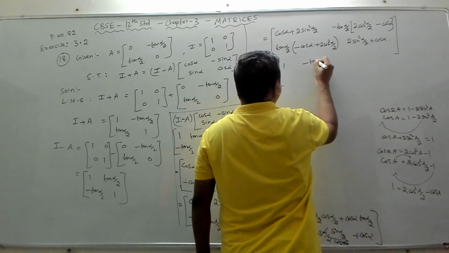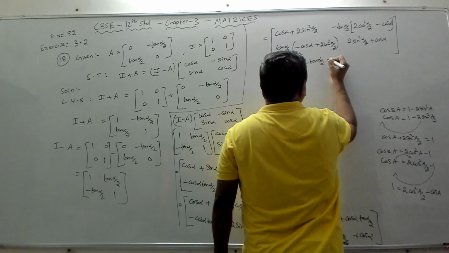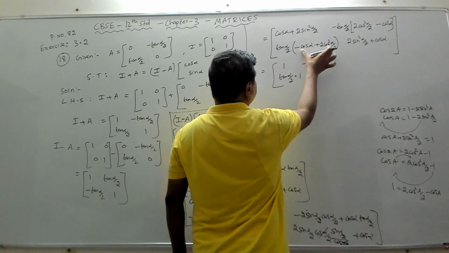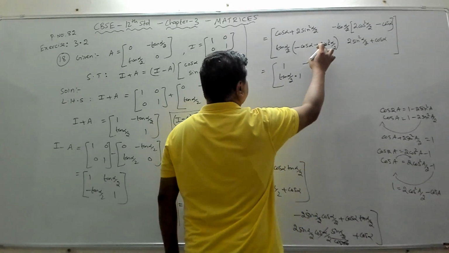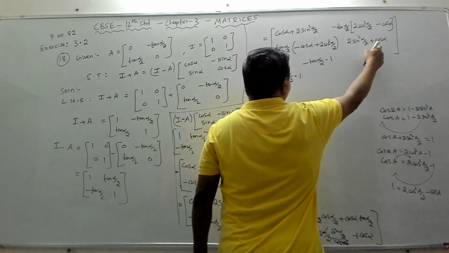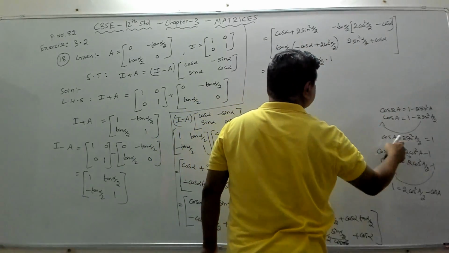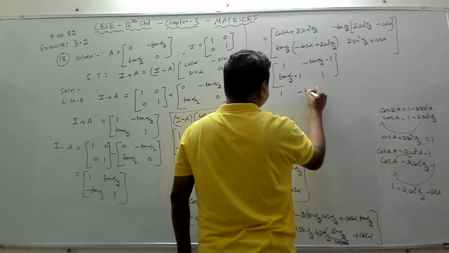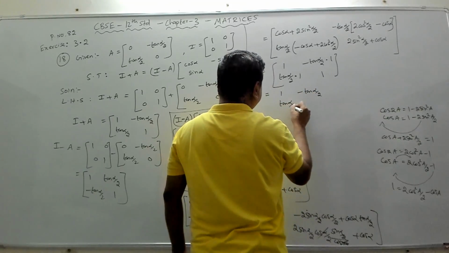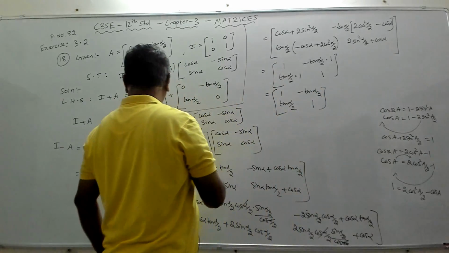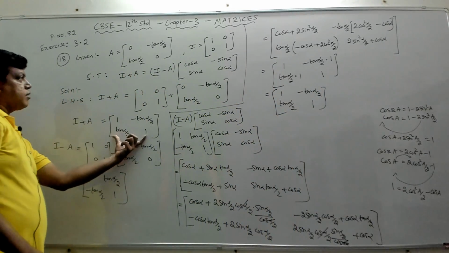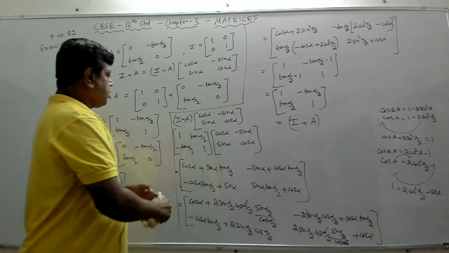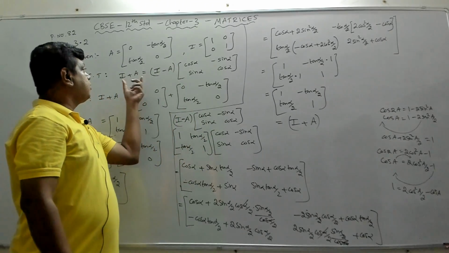So we'll get minus tan alpha by 2 into 1 into 1. Similarly here, tan alpha by 2 into 1, because this whole value, 2 cos square alpha by 2 minus cos alpha, is again the same as this, and we proved the value of this is 1. So this will be 1. Your final answer is 1 minus tan alpha by 2, tan alpha by 2, 1, which is matching with I plus a, this one. So what is the value of this? This is equal to I plus a. What we have proved is, we started with I minus a into this, and we have proved this.